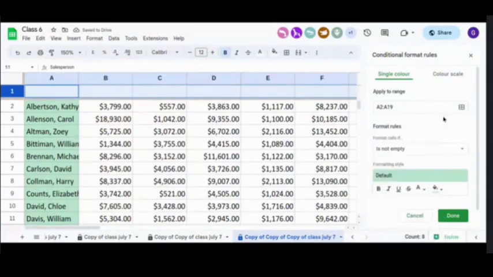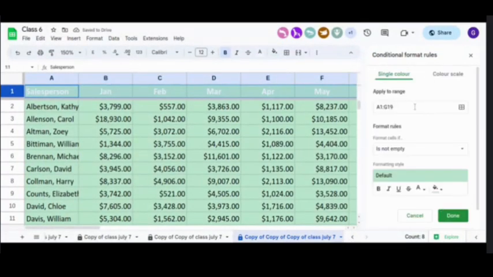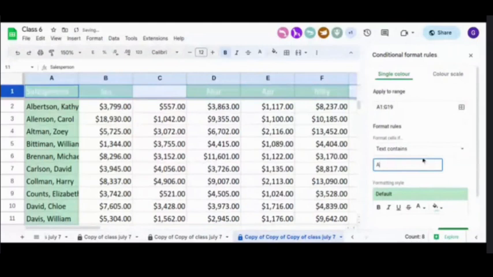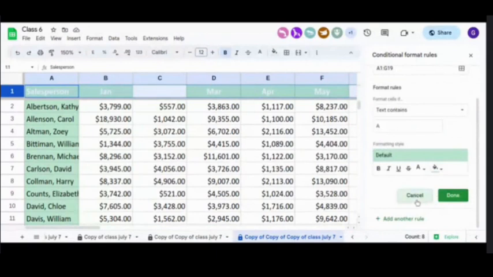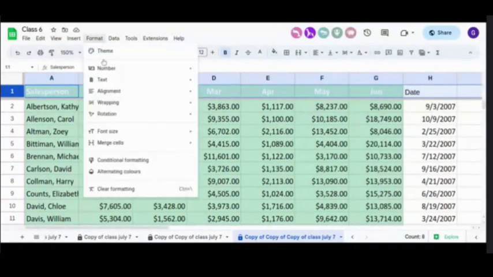Okay. Well, this is not supposed to be happening. Text contains A. Okay, it's removing some, it's taking them away. Okay, let's just not let that disturb us. So I'm sure with this you can all do one or two things with adding conditional formats to